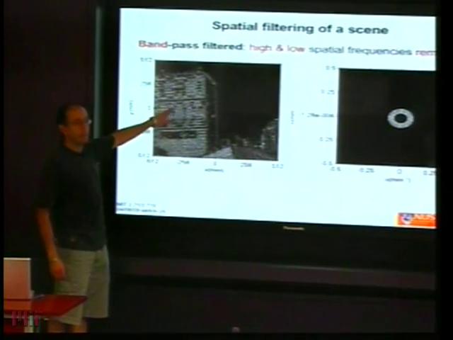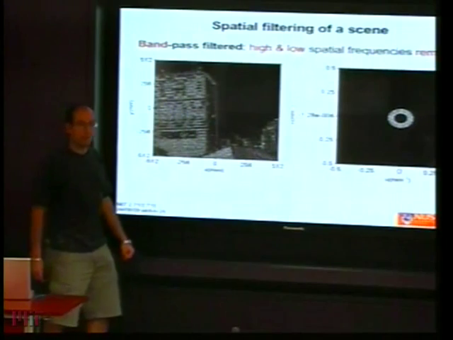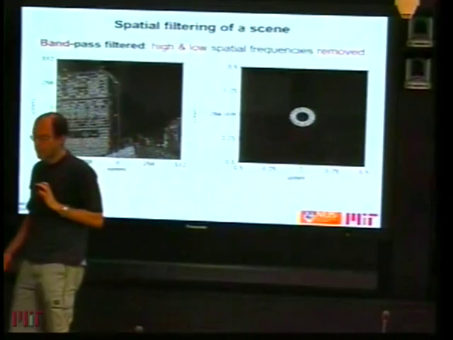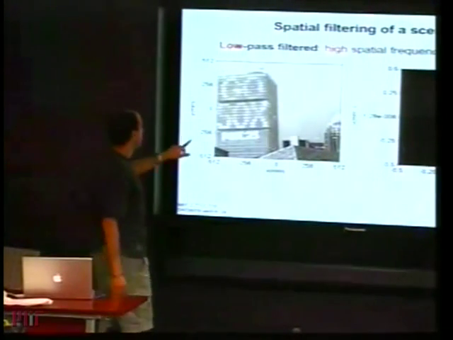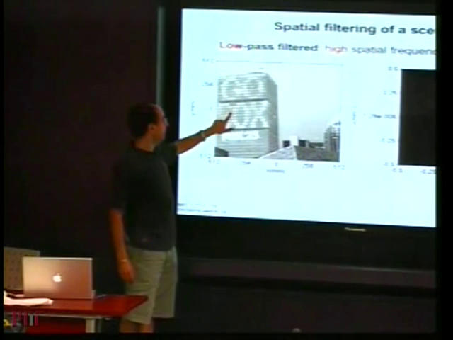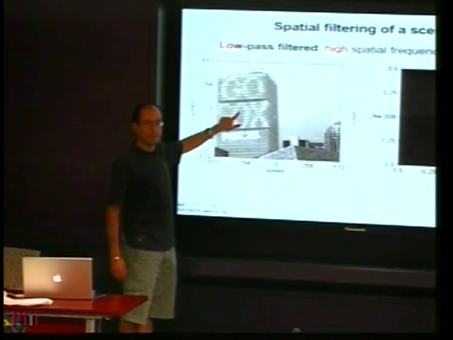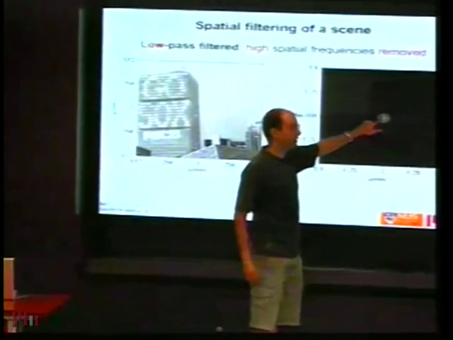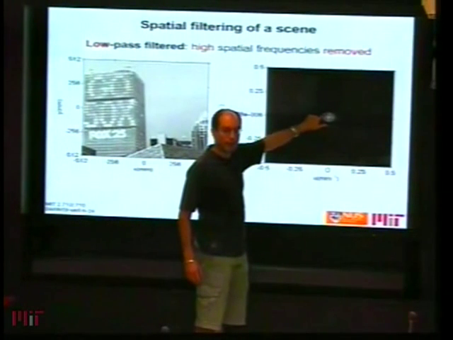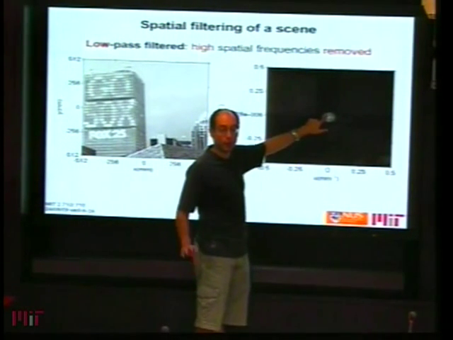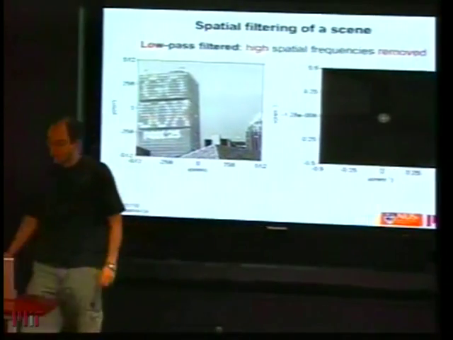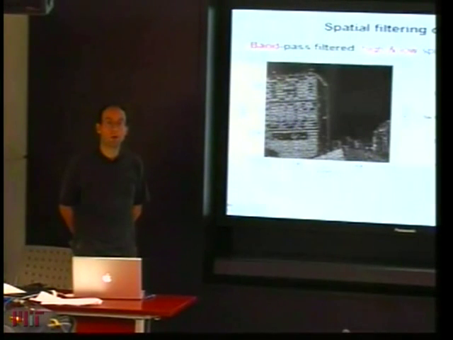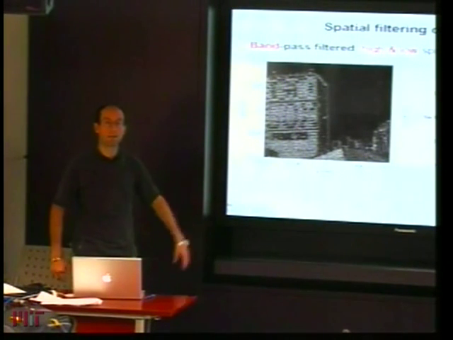Now, what happened to the sign Go Sox? It vanished, and it vanished because in this case I have blocked the low frequencies. The Go Sox sign survived in the low pass filter because this is a relatively slowly varying signal, right? So you expect its frequency content to be concentrated near the center of the Fourier domain, where the frequencies are low. When you do the bandpass filter, the Go Sox vanishes, and that is because I blocked the low frequencies where this signal was represented.